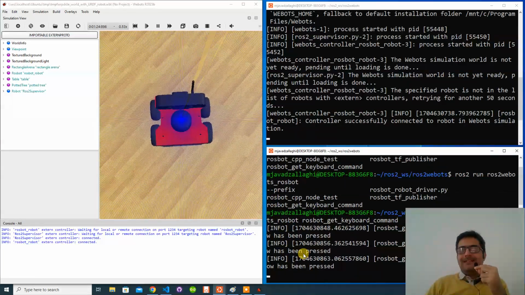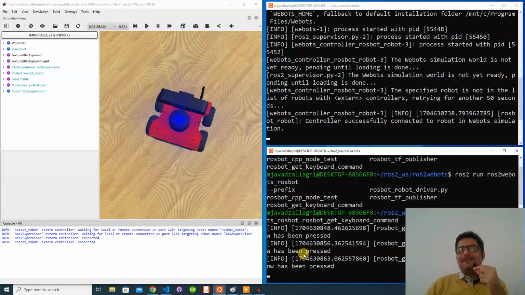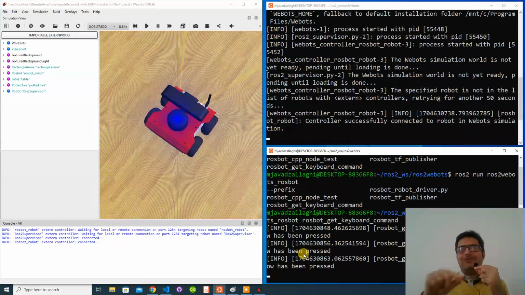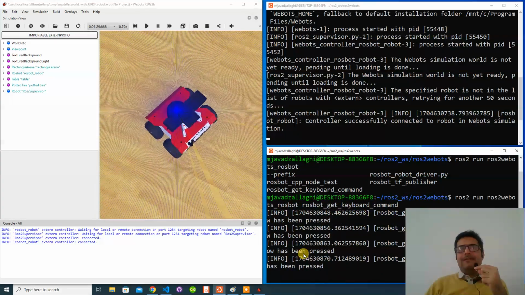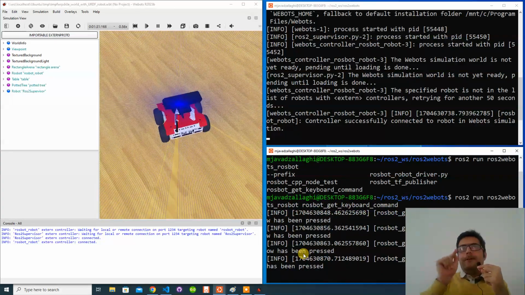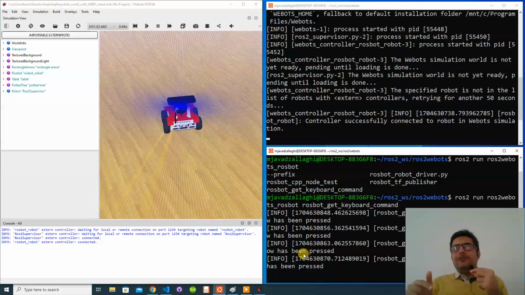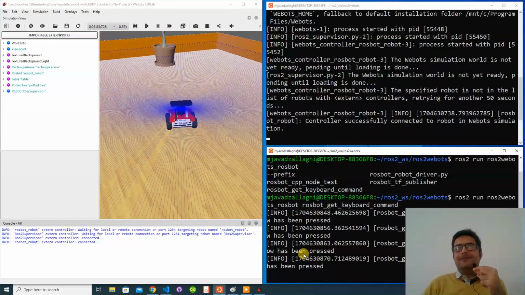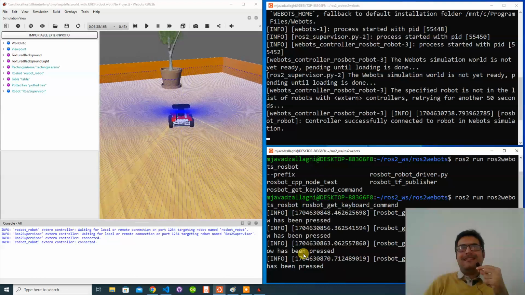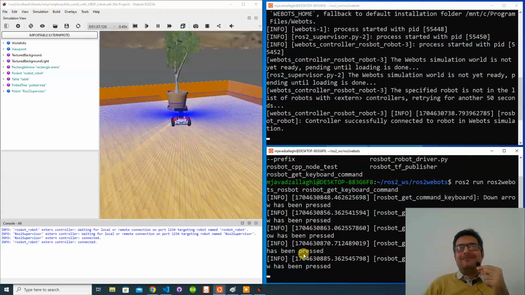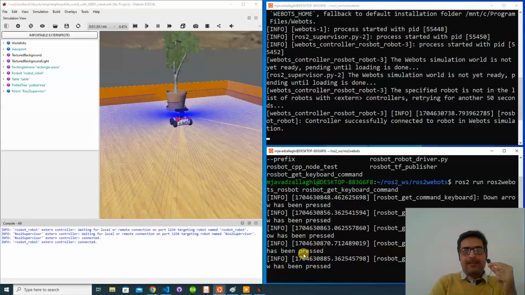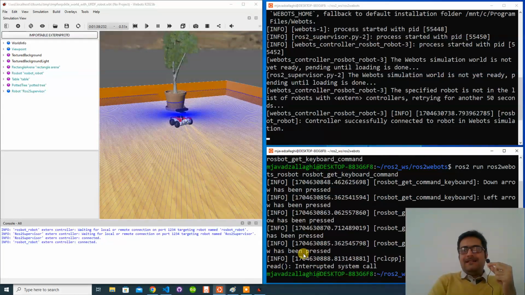Now I'm pressing the right arrow, so my robot is turning right. And if I push the up arrow, my robot will move toward that object, that tree. Okay, so I'm gonna stop this teleop node, and at the same time I'm gonna stop this